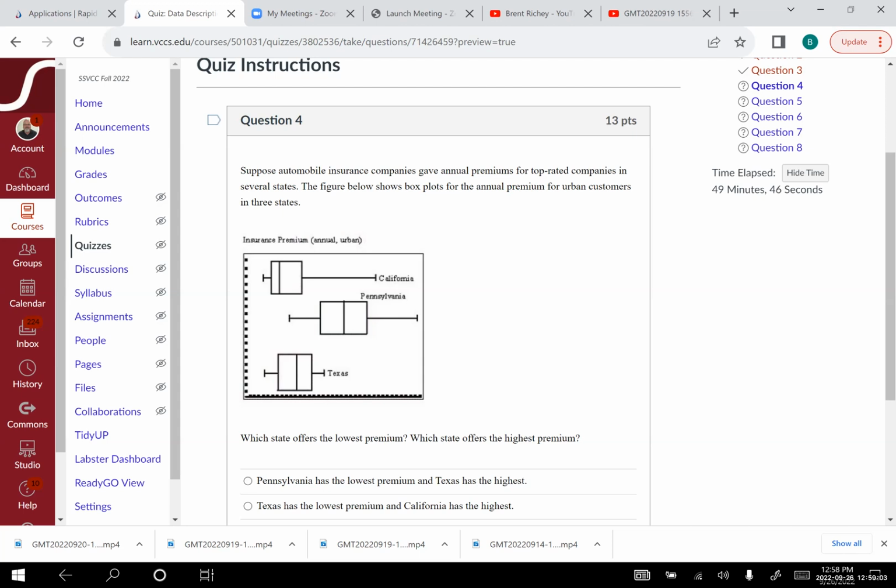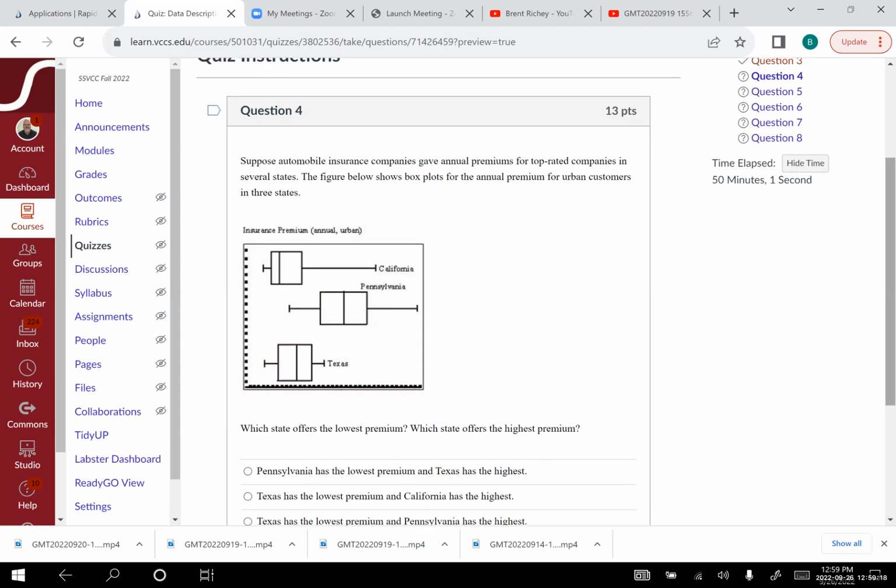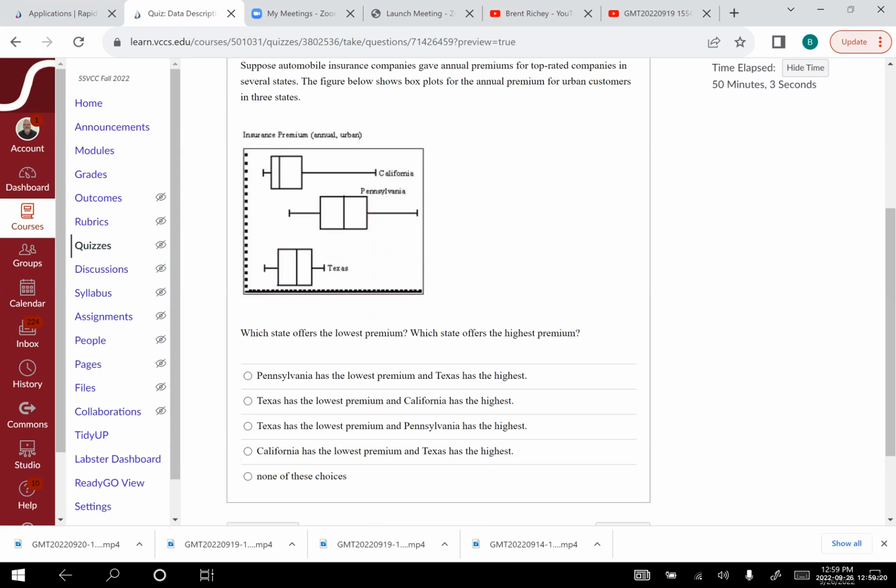But here again, it shouldn't be such a challenge to tell. And honestly, as long as you know one or the other, like if you can tell which one is highest, it'll help with the answer choices. Does it help? Just a little. Because the last one, both options were there, so you would miss it if you didn't get it. Texas has the lowest. So we're saying it looks like Texas is the lowest and Pennsylvania is the highest.